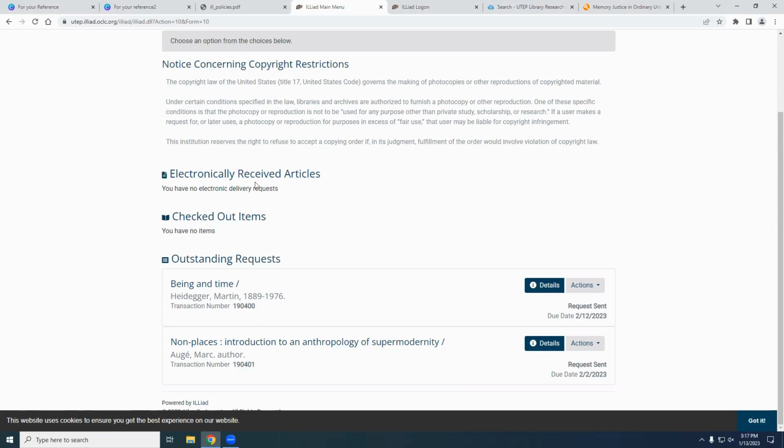So you'll have to log into your account and you'll click on it here and you'll be able to download a file and get your article that way. But like I said, the key with interlibrary loan is requesting in advance because you just don't want to be left wishing you had requested it earlier and getting the material you needed the day after your deadline.